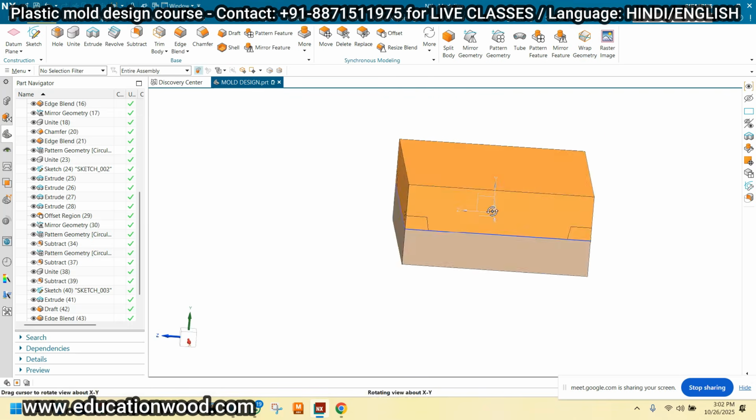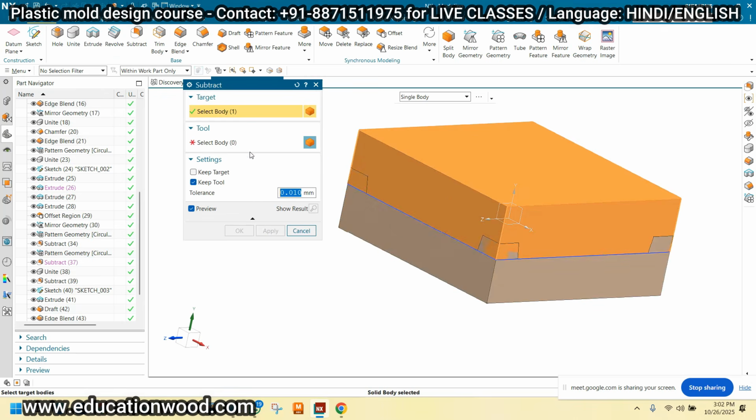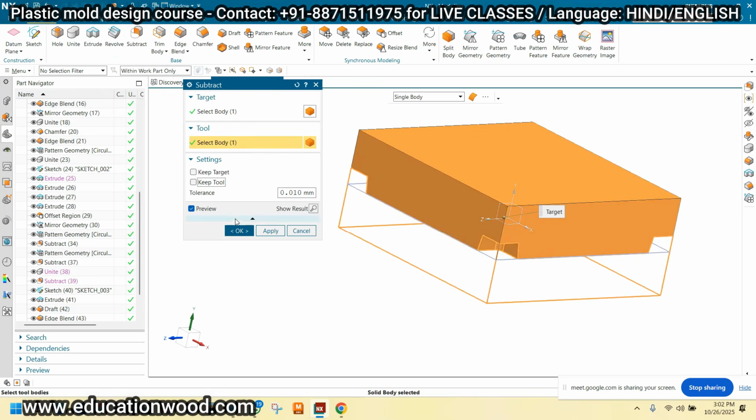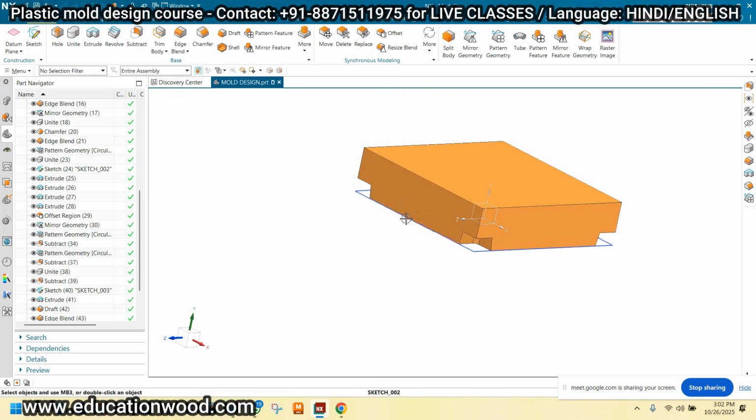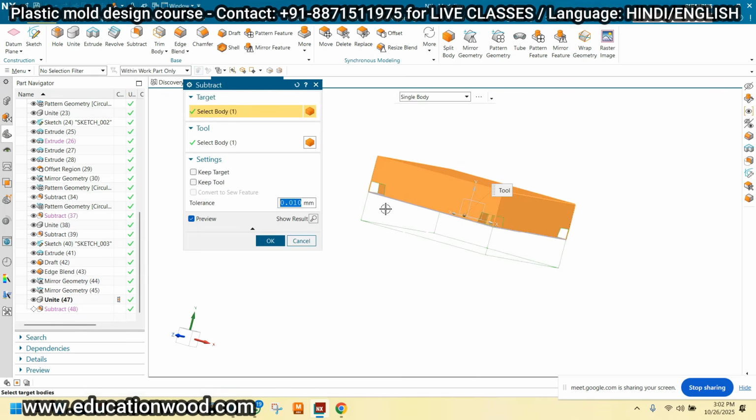This is the core and subtract from the cavity. Keep tool on because we have to subtract this from here. Select the target body.